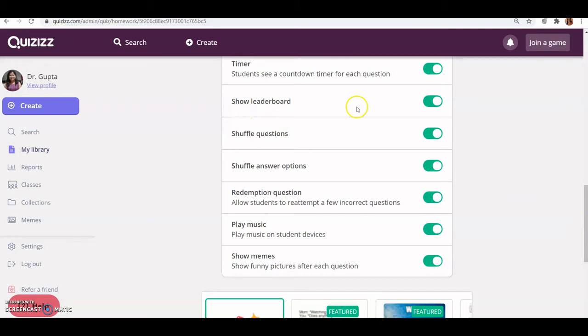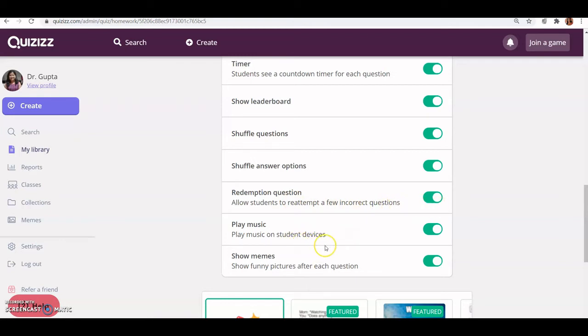Now the leaderboard, that means the top scorer or the low scorer of the quiz will be shown on the leaderboard. This is on. If I want to shuffle the questions every time the students play, I can check this on. And if I want to shuffle the answer options, every time the question appears the options will be shuffled. If I want the students to reattempt the incorrect answers, I can check it on.